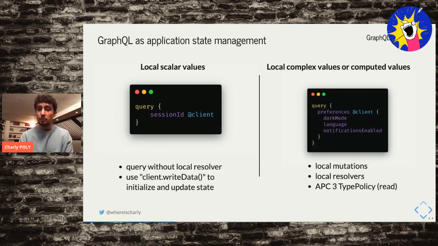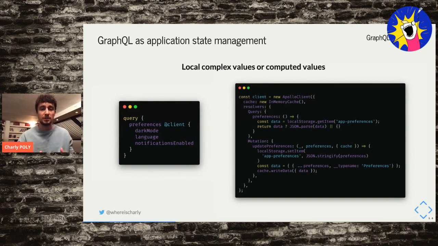Here, for example, we have a preferences object that gets the preferences from the user: dark mode, language, notification, etc. For that, you're going to have to provide a local resolver that you implement in your web application for mutations and queries. Let's have a quick look, because I want to show you that it's really easy and there is nothing hidden in terms of complexity.